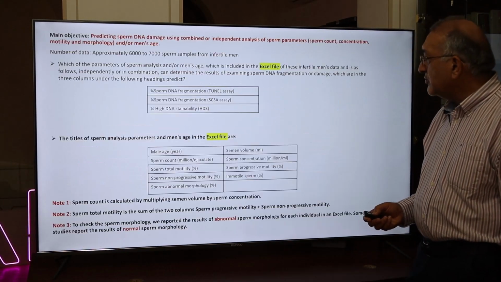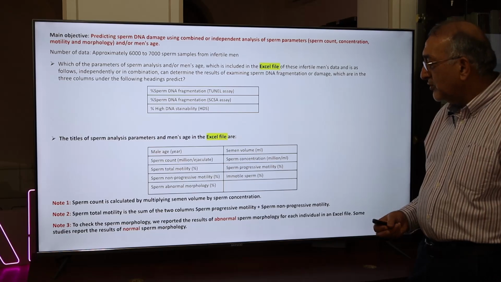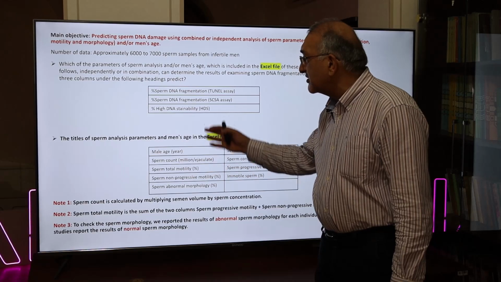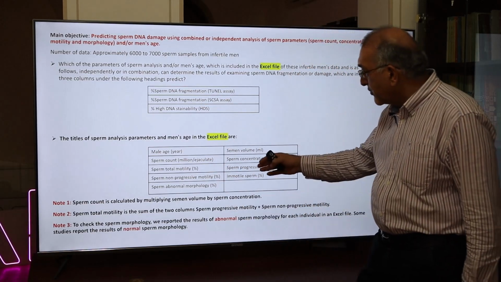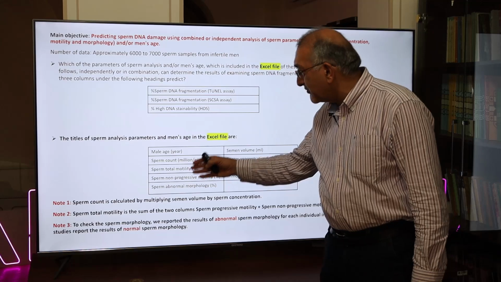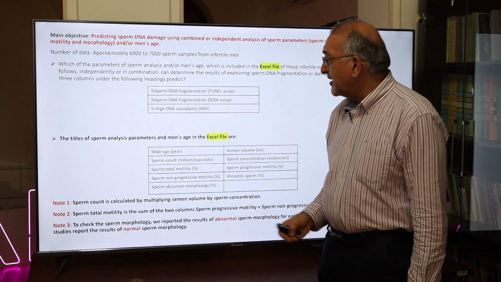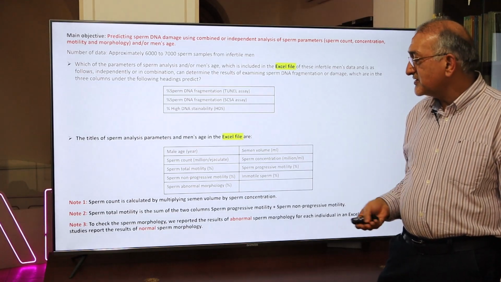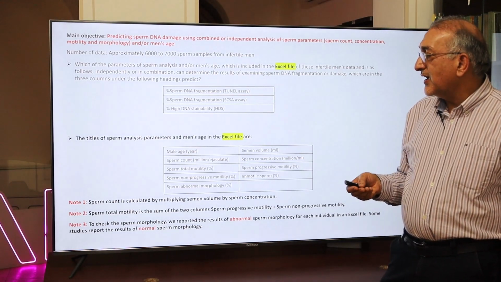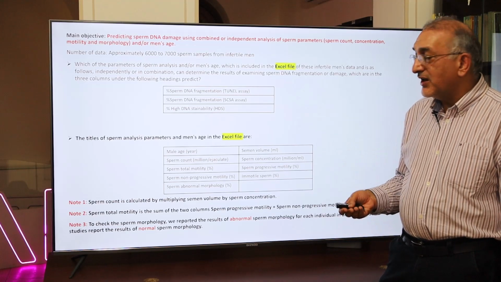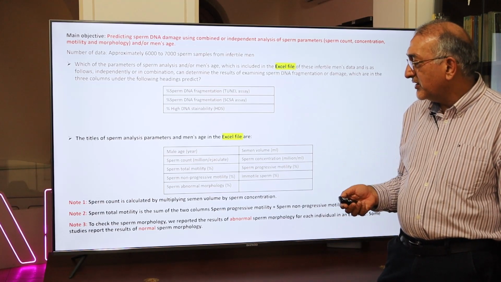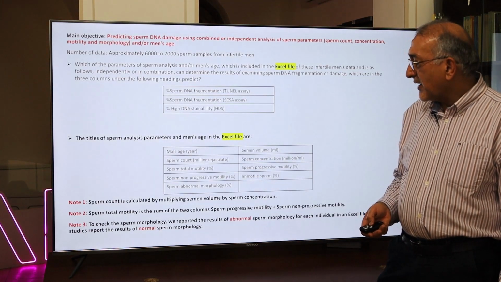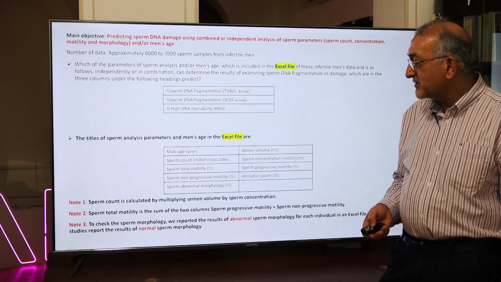So what we want you participants to do is, based on these parameters, can we predict those tests? If we could, based on these simple parameters, predict them, we could reduce the cost for the patients, reduce the amount of money that they have to pay, and facilitate treatment, and this could be a good predictor. I wish you all a happy participation and the best for your future.